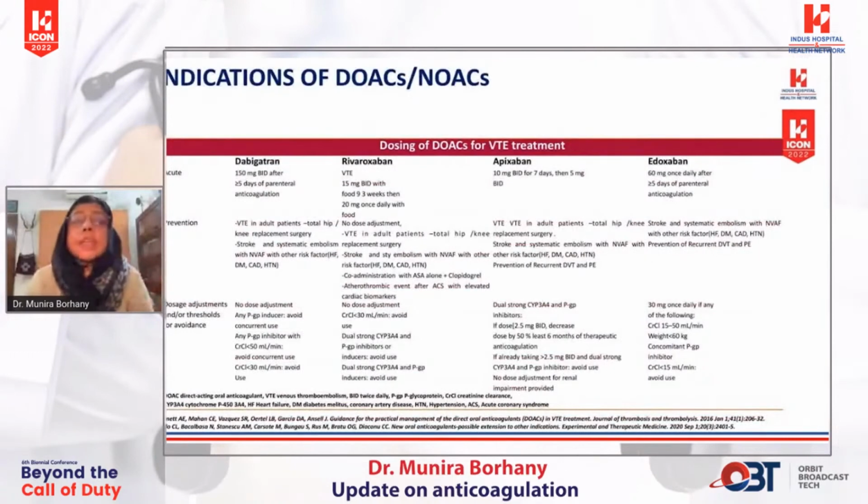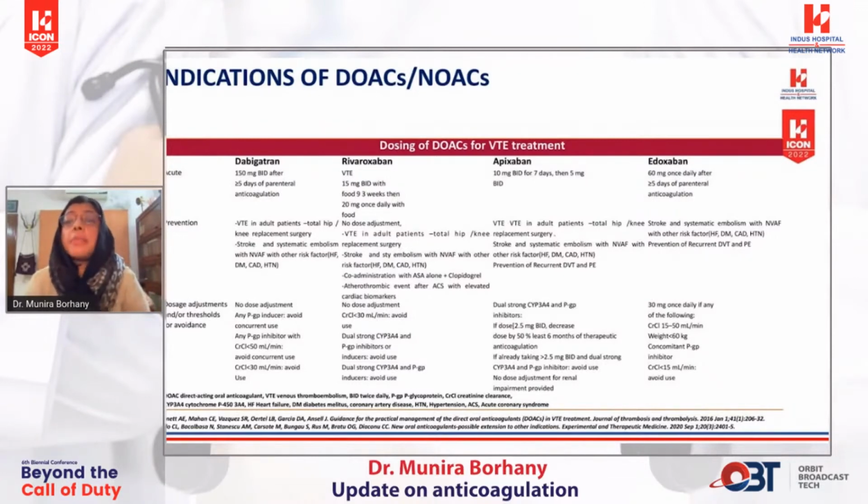अब इंडिकेशंस क्या हैं DOACs और NOACs की? हम सबको पता है कि वेनस थ्रोम्बो एम्बोलिज्म की ट्रीटमेंट में आजकल ये सारे DOACs और NOACs यूज हो रहे हैं, सच एज रिवॉक्सिबैन और एपिक्सेबैन, which are available in Pakistan. और अच्छी बात ये है कि आप डायरेक्ट ओरल से स्टार्ट कर सकते हैं, you don't need to bridge with the parenteral administration. यहाँ हमें पैरेंटरल करने की जरूरत नहीं है, एक्सेप्ट डैबिगेट्रन के लिए हमें जरूरत पड़ती है कि 5 डेज के लिए पैरेंटरल हो।